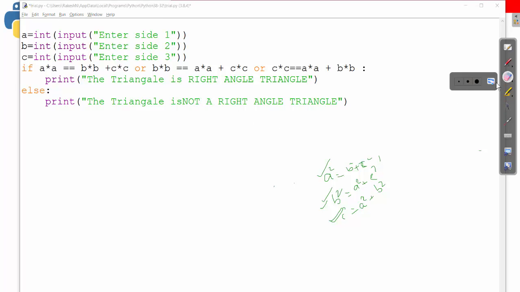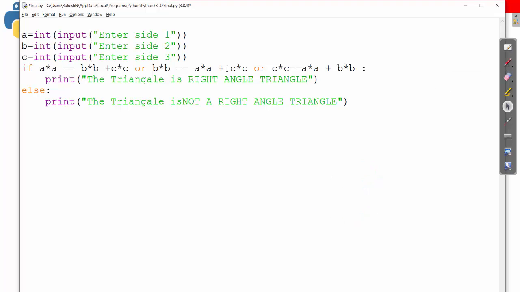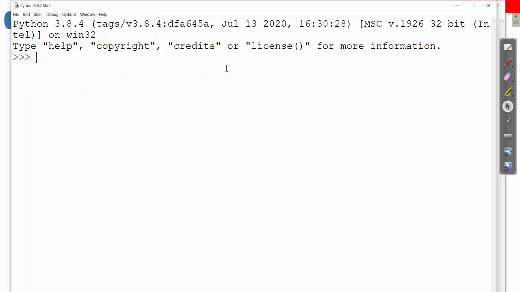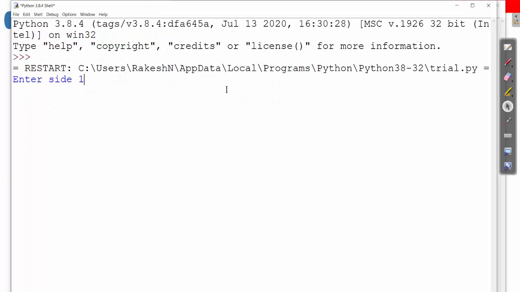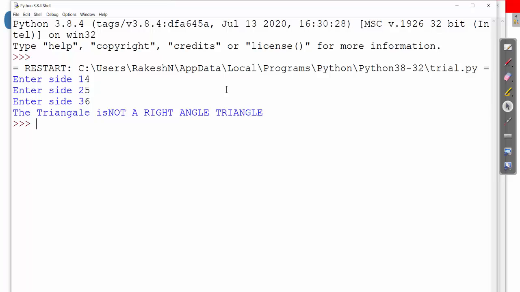Let us see whether you have also written it in this way or not. Let us execute it. So side 1 is, let us say, 4, 5 and 6. It is saying it is not a right angle triangle.